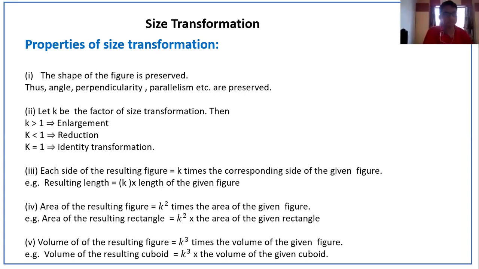Okay. Now, when the scale factor is exactly 1, what does it mean? Ma'am, it means that both the figures are congruent. Exactly. Both the figures are equal in size, equal in area. Their sides are equal. Everything is equal. It means the scale factor is 1, so we are not changing anything. So the figures are congruent.